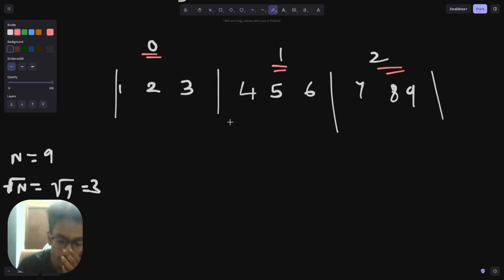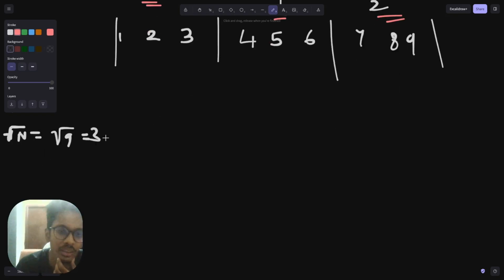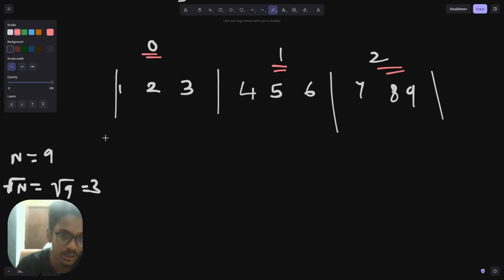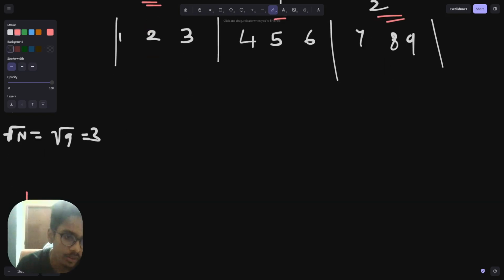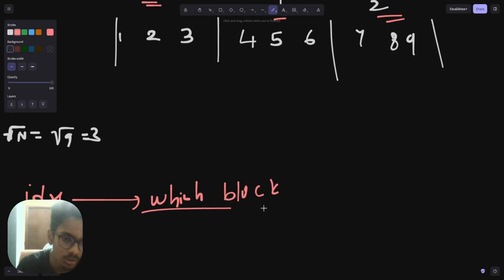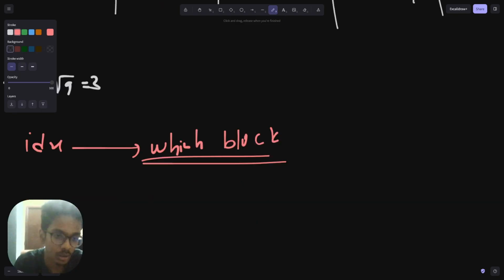So let's say now I want to add something to a range. There would be some logic, which we will discuss later, by which if I'm given an index, I can know which block this index belongs to. We'll discuss how to figure out which block a particular index belongs to. But let's say you are given a range L to R and you are asked to compute something,